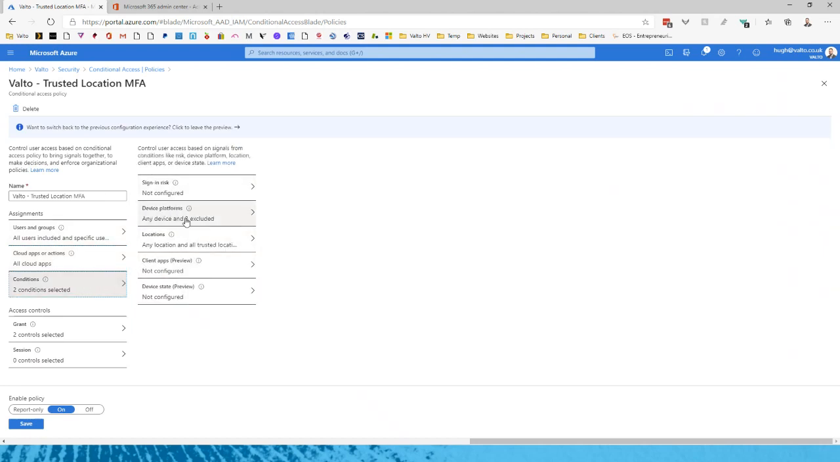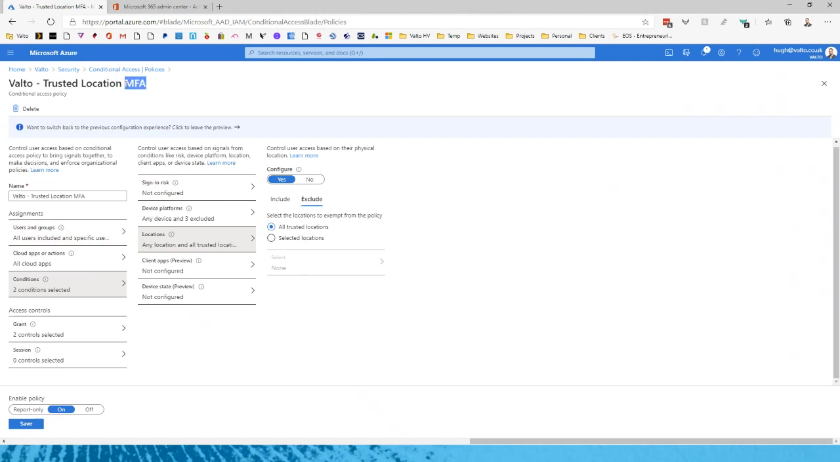So the conditions are basically saying we're going to require MFA for any location, excluding our trusted locations. So in effect, what this policy is doing is it's saying if someone is logging in from a non-trusted location, so not the head office or any of our other sites that we have, then they will require an MFA prompt. So this means that we have a blanket enable of MFA, and it can help reduce the administration